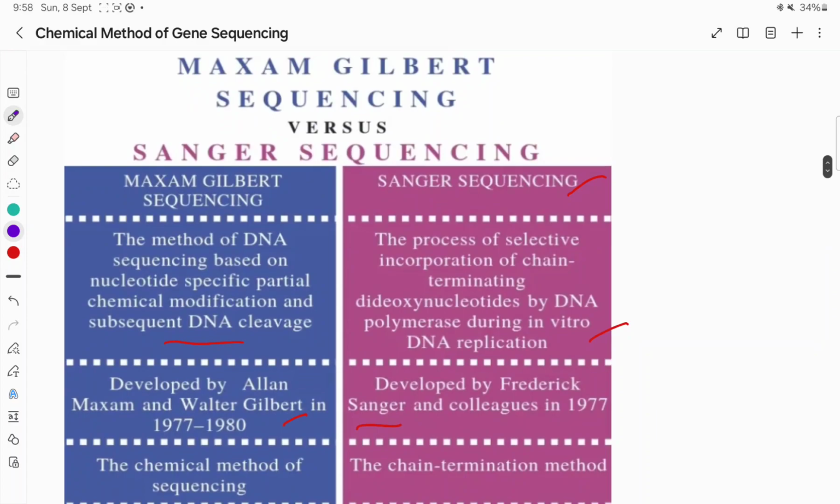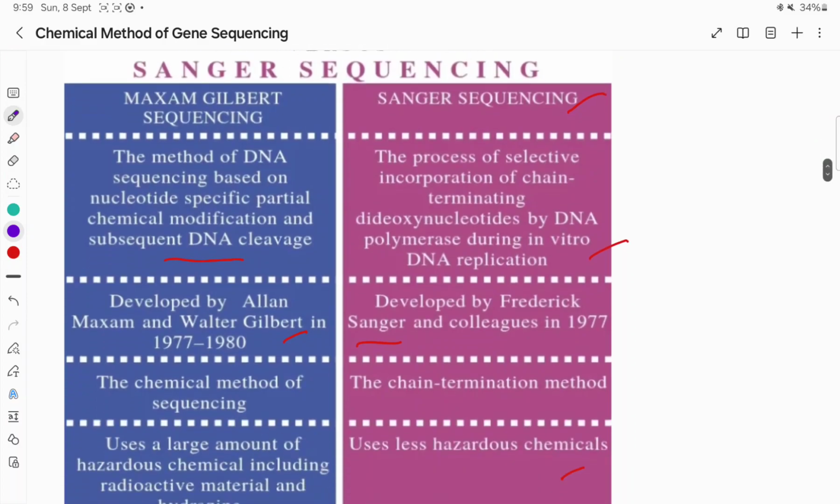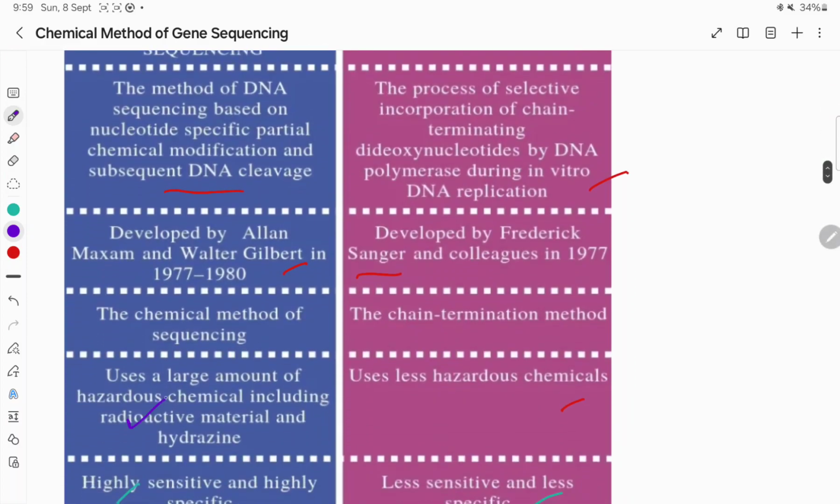So the chemical method is a very sensitive method, but it is less frequently used nowadays because the chemicals are toxic as compared to the Sanger method. And the second thing is these methods are labor intensive as compared to the Sanger method. However, for small